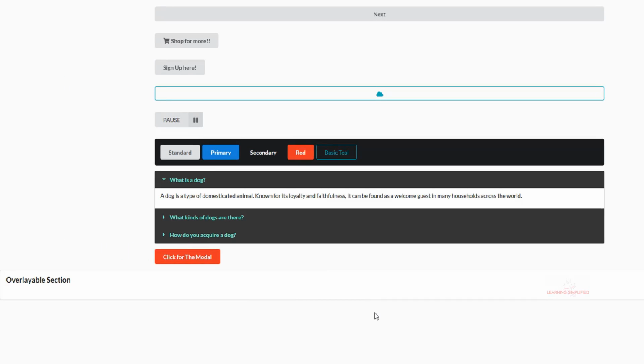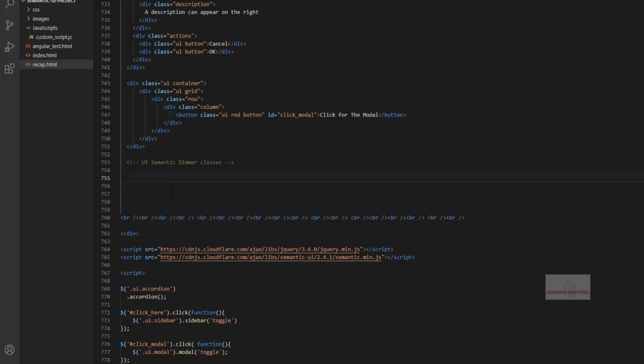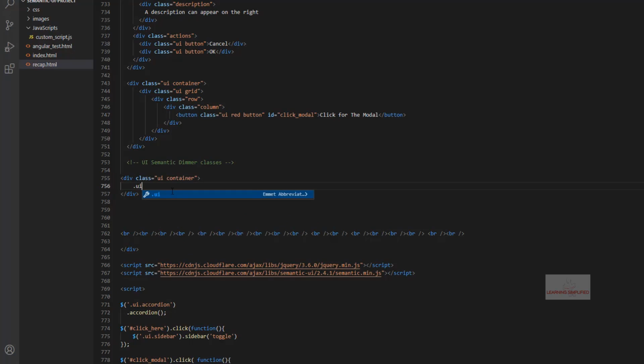As we can see, it is a full-width overlayable section, so we need to restrict it within a definite container width which is being used in our project. That is why, instead of putting them all outside, let's head back to the conventional method. We will be creating this container. Next we will be creating this grid section.